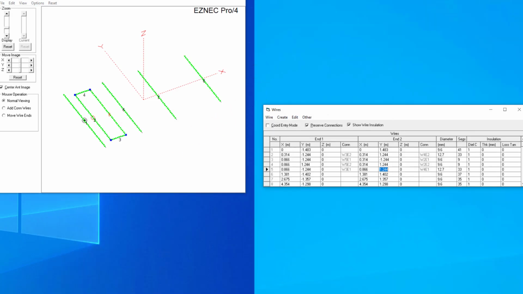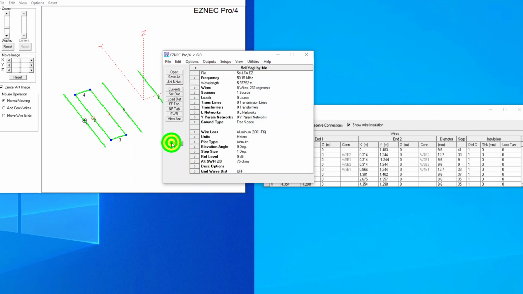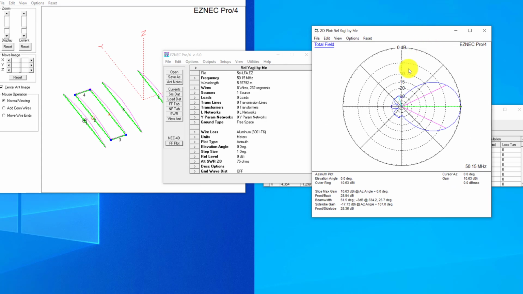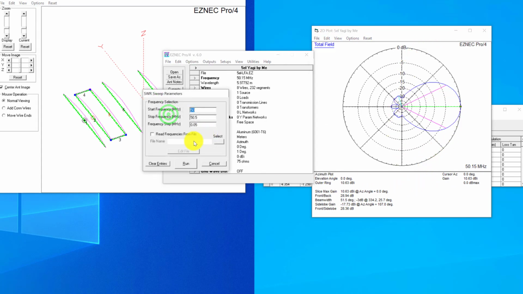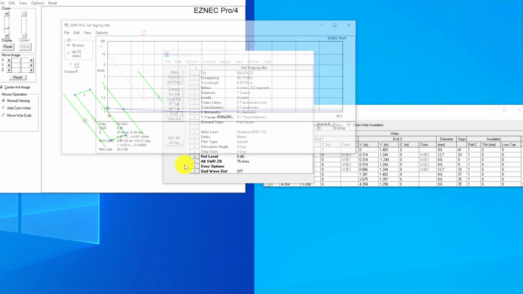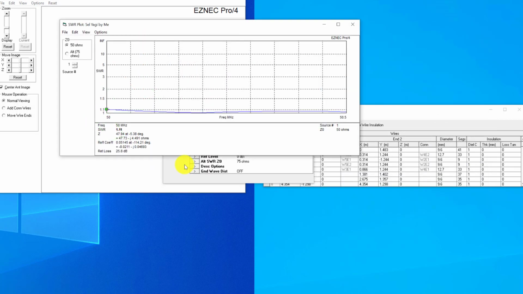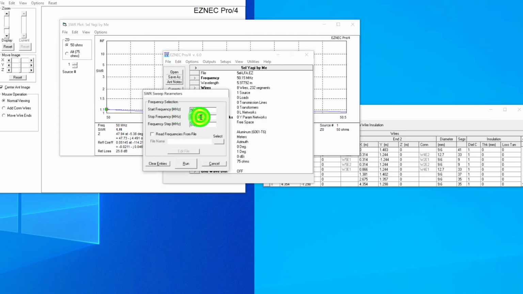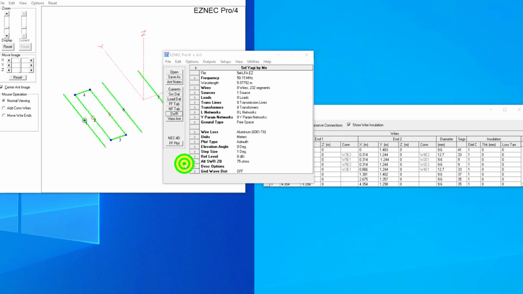So let's take the browser down for a moment. We'll get the main screen back up, and let's just see what that looks like. So now we can see we've got a really nice looking plot, really nice looking antenna. And how does that look when we do the run and see how the SWR looks? Well, that looks pretty good to me. Even if we open that up now from the base to 50.6 and do a run again,